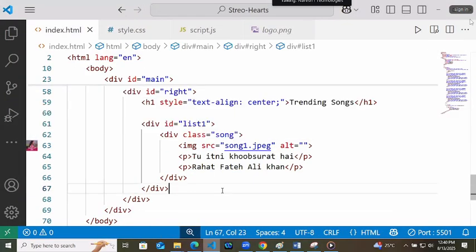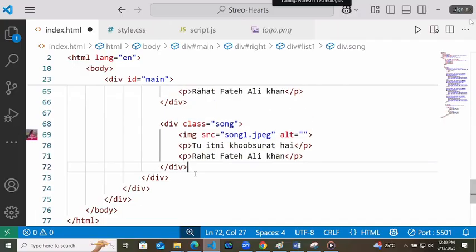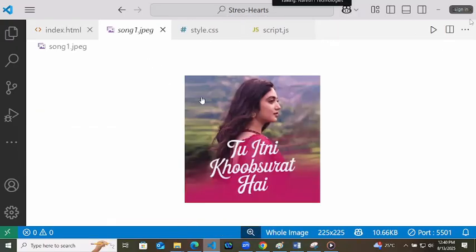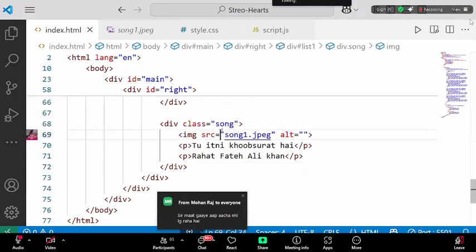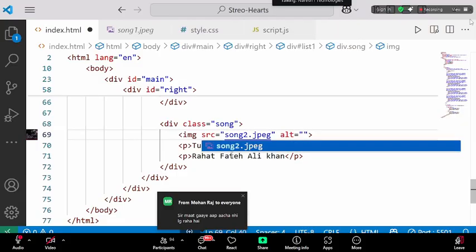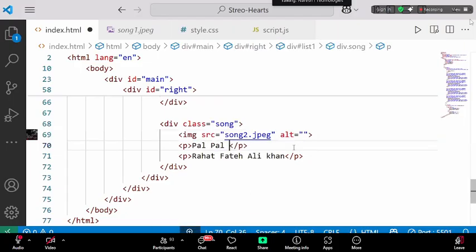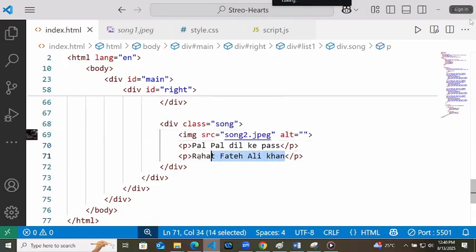Now, when you are adding the second song, at first you copy paste the song div. Okay. Image source will be song2.jpeg, and song name here, and the singer.